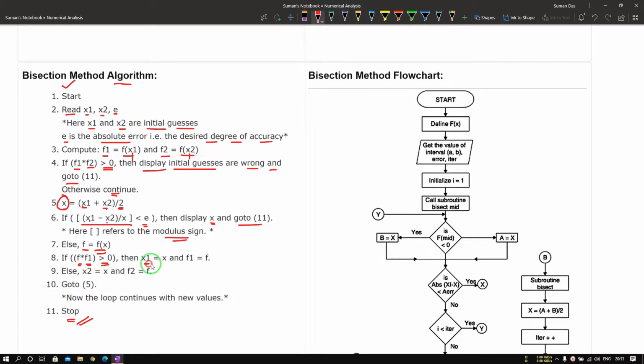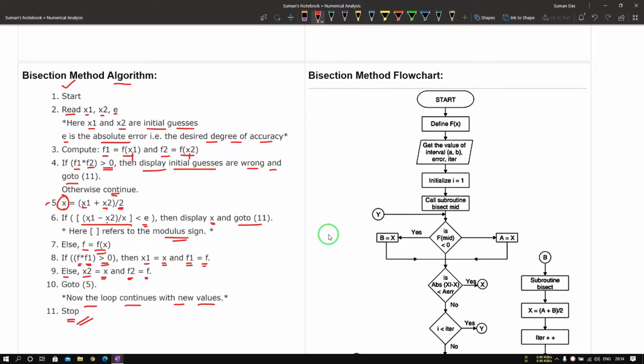That means x1 = x and f1 = f. Otherwise, we put x2 = x and f2 = f. Then once again we go to step number 5. That means now the loop continues with new values.